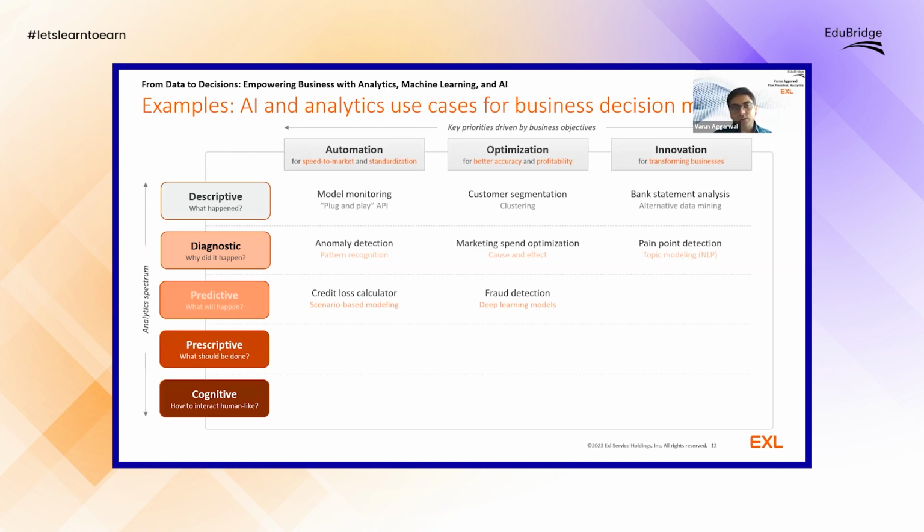So if you need to detect those frauds, again, you need to basically optimize. Let's say credit card fraud: you are declining a genuine transaction. If you're declining a genuine transaction, a good customer is going to be annoyed. So you need to make sure that you do not get into that situation. Hence, you need to be very accurate in detecting the genuine frauds, or I would say the fraudulent cases.